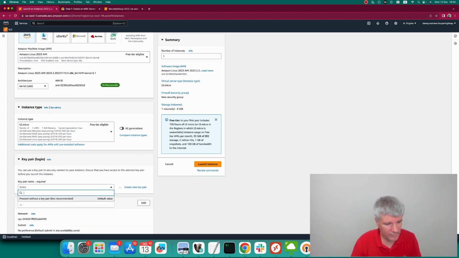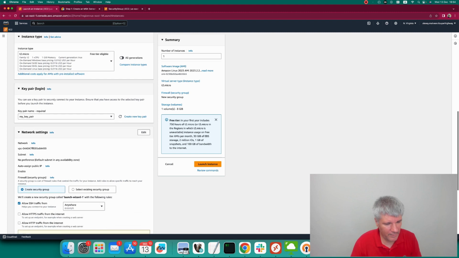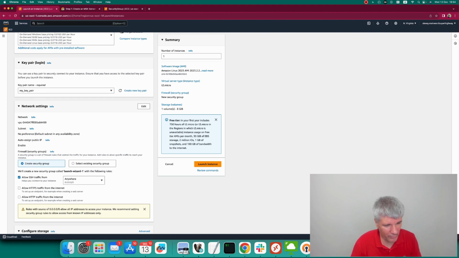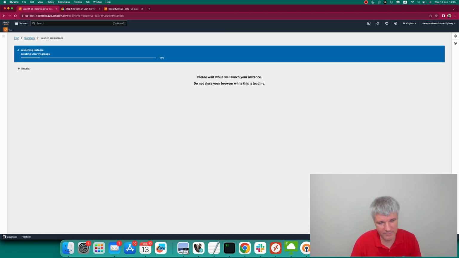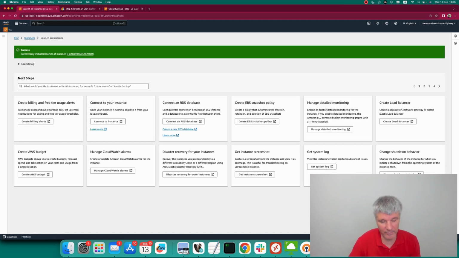Then we will choose a key pair. Then we will create a new security group. It will be called Launch Wizard 1. And I guess that's all. Let's launch the instance, and now we have to wait until it's been created. But meanwhile, we will go to